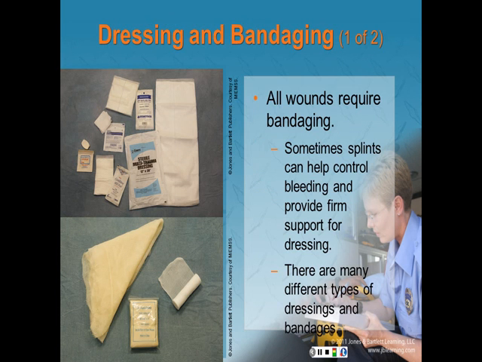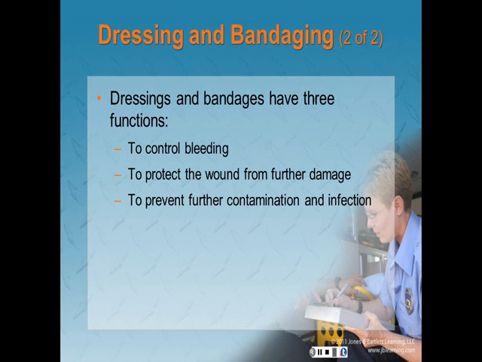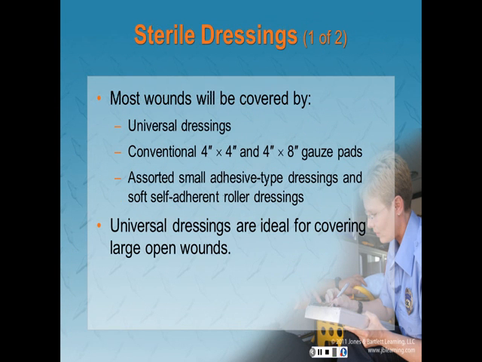All wounds require bandaging. Sometimes splints can help control bleeding and provide firm support for dressing. Many different types of dressings and bandages exist. Dressings and bandages have three functions: to control bleeding, to protect the wound from further damage, and to prevent further contamination and infection. Most wounds may be covered by sterile dressings,